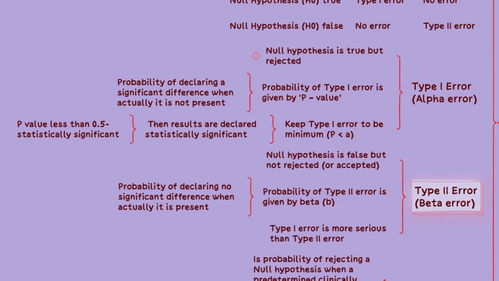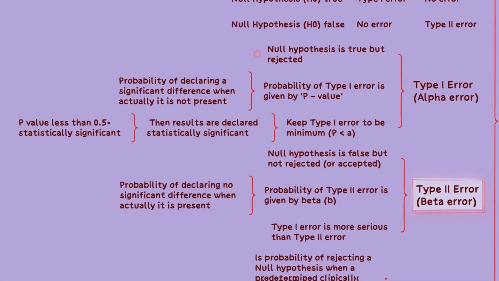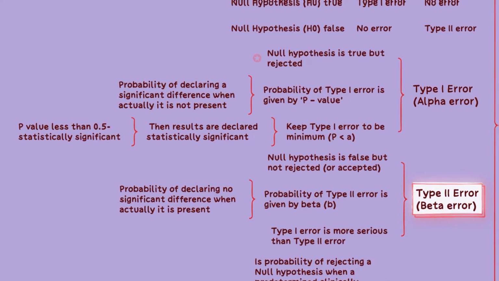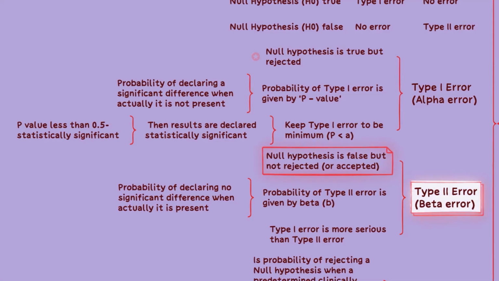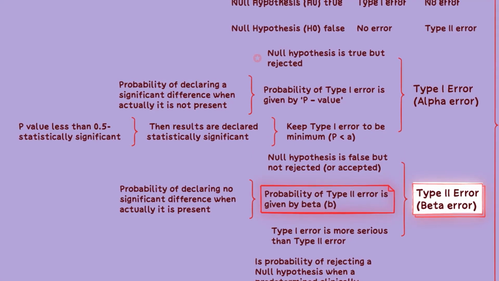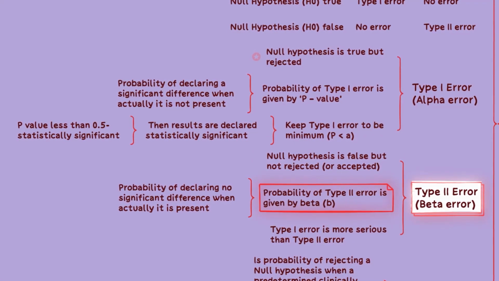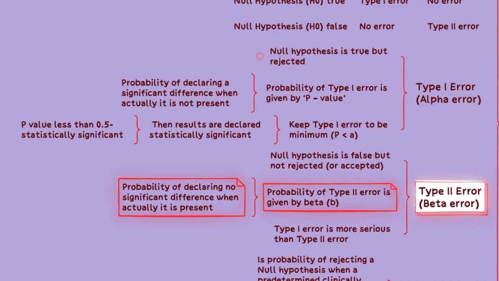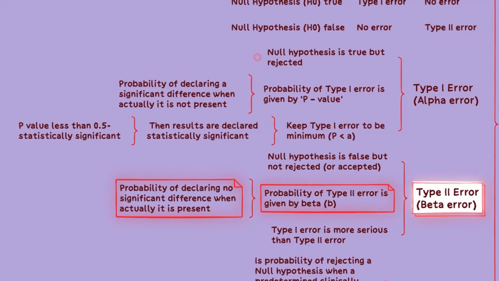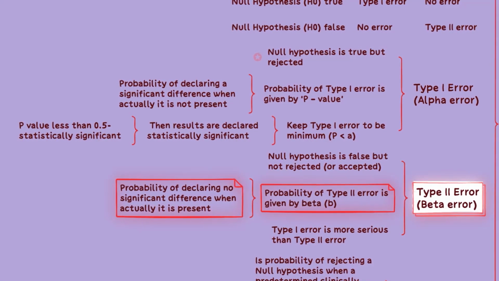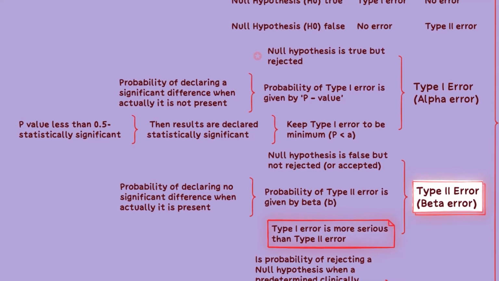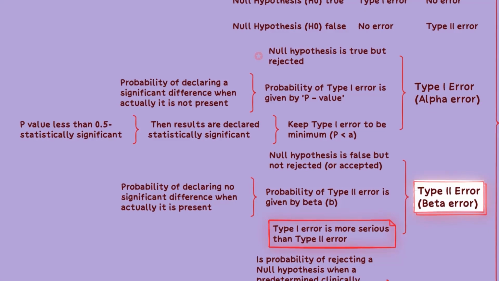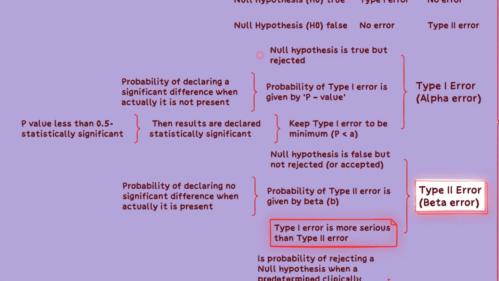The next one is type 2 error or beta error. This error occurs when the null hypothesis is false but we fail to reject it. The probability of type 2 error is denoted as beta. It represents the chances of failing to detect a significant difference when it truly exists. Type 2 error is considered less serious than type 1 error, but it can lead to missed opportunities to detect